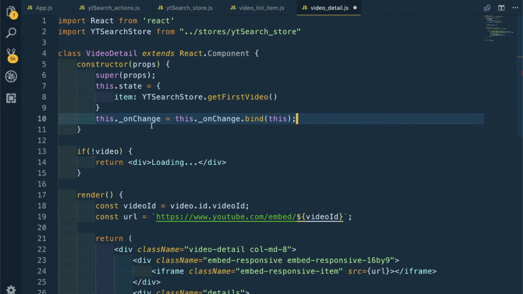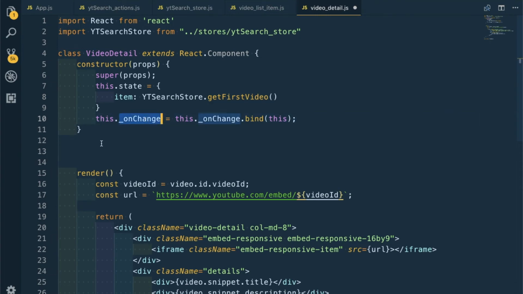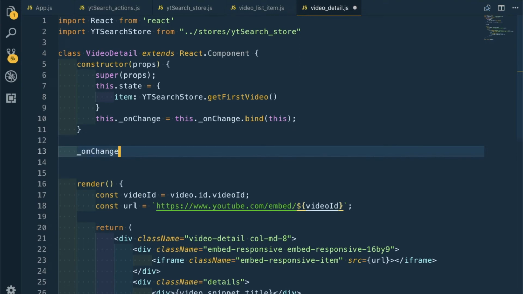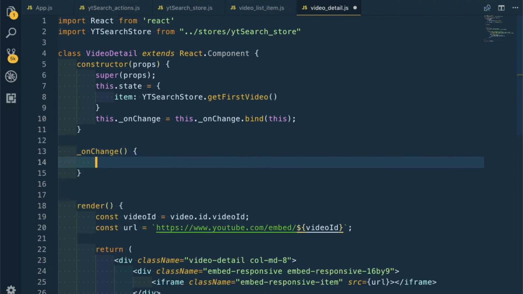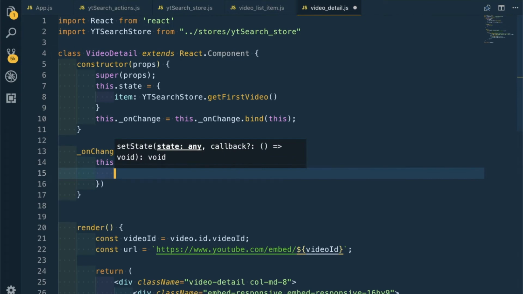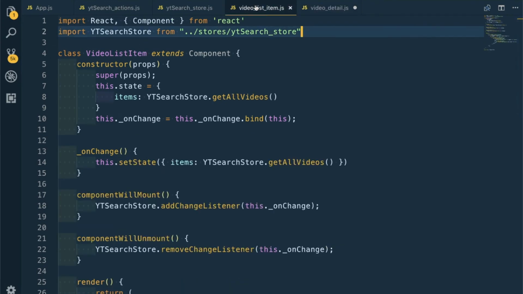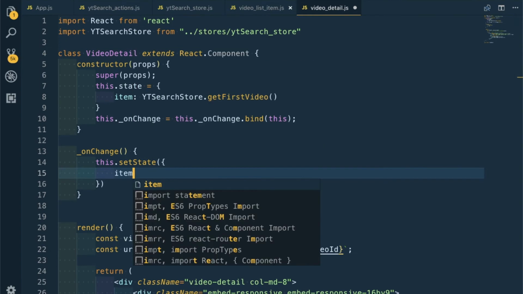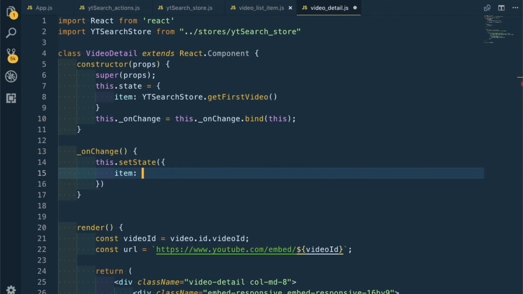So now let me remove this. This is giving error. This on change, we'll have this dot set state, and similar to our video list item, on change will change the item instead of items. So item will be again YT store dot get first video,